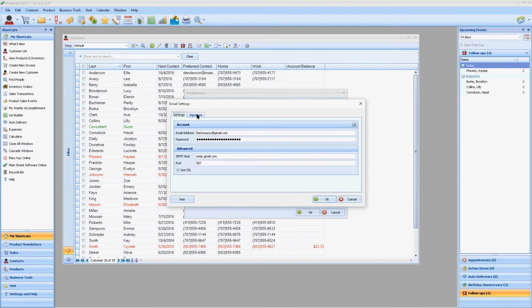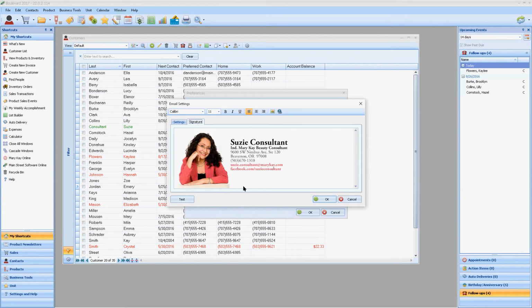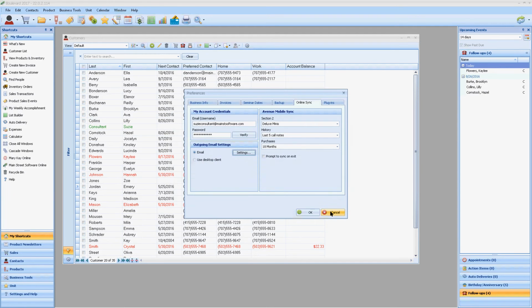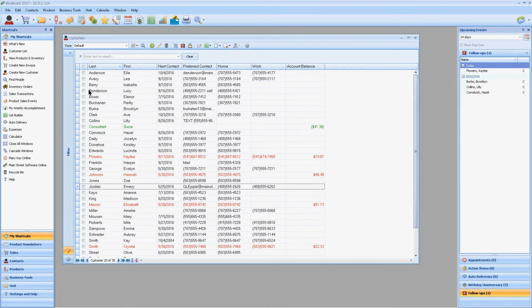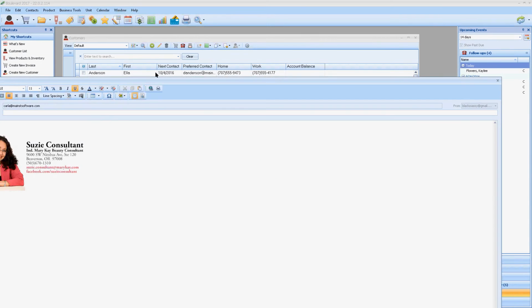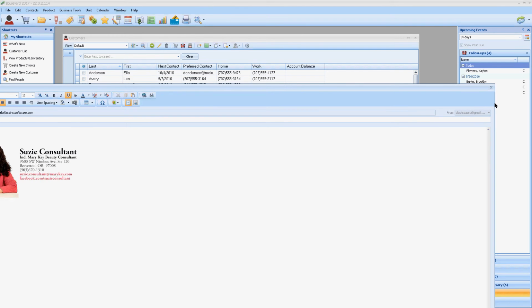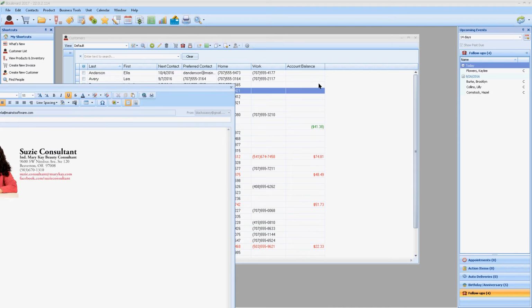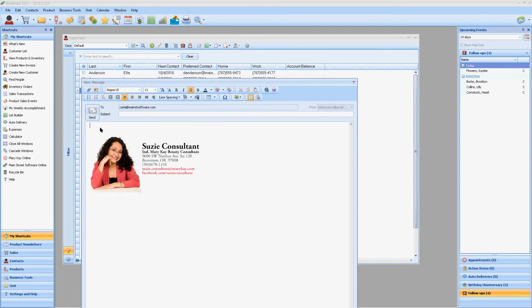And what to put in there, you mean? Mm-hmm. And then you can also set up your signature as well. And by doing that, I'll just show you here real quick. I'm going to click to send an email. And by doing that, what's going to happen is it's going to create an email message. Let me make this a little bit smaller. And you'll notice I have my signature set here. I can go ahead and